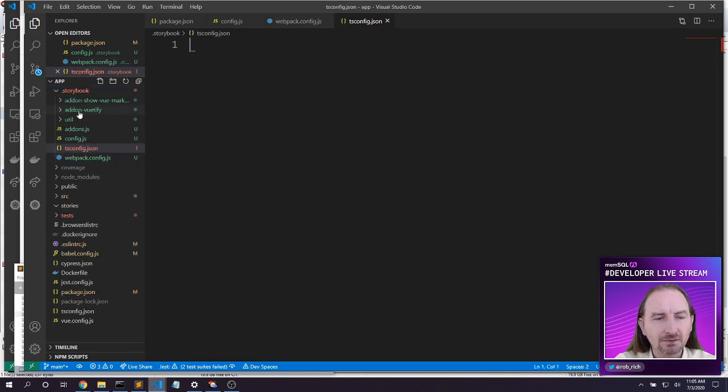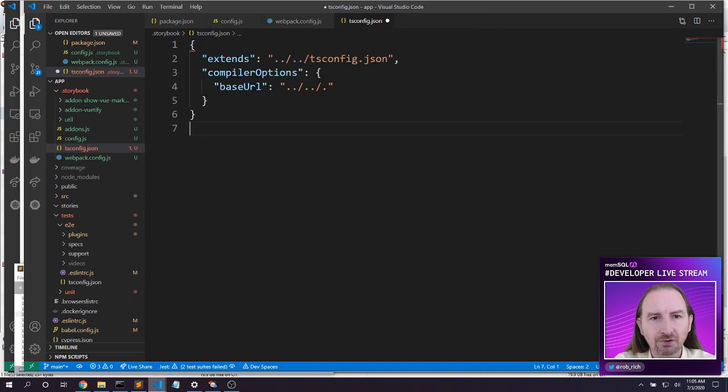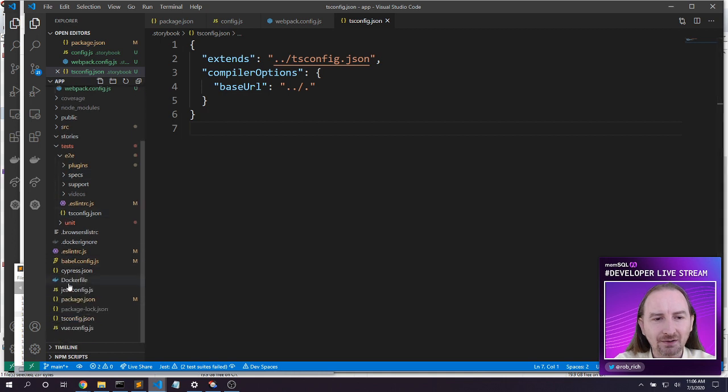It is a TypeScript root, so there is that. Here in end-to-end tests, we built a tsconfig JSON that just says, hey, go extend the base directory. And so we can do that again. The base URL is up one folder. The tsconfig that we're extending is up one folder. And we're good. We don't need to add any extra content into tsconfig like we needed to do in Cypress